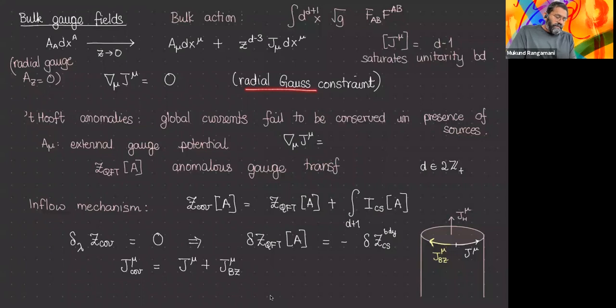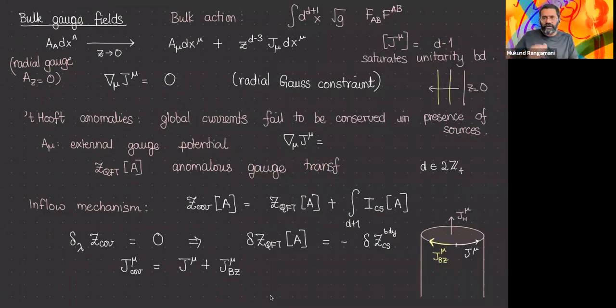The radial, but this is a Maxwell theory, so there's a radial Gauss constraint. So if you're thinking of evolution along the radial direction, then the Gauss constraint needs to be respected, and that Gauss constraint precisely says that this current is conserved. In fact, this current is conserved slice by slice. So if you think of the boundary at z equals 0, this conservation holds everywhere on every radial slice,